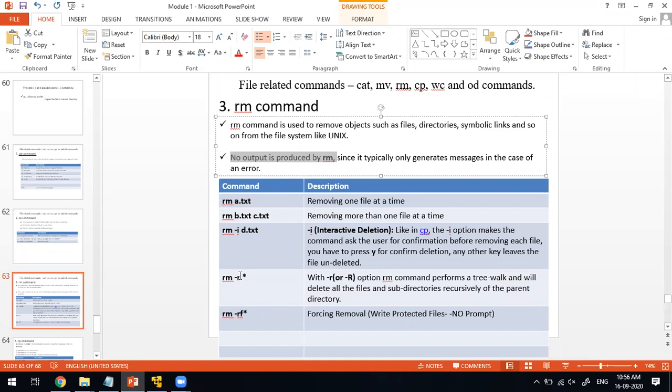Recursively it will check all those folders and files, and it is going to delete everything. In the first case, rm a.txt b.txt, it is going to delete only those particular files. If you want to delete everything, you have to use this.